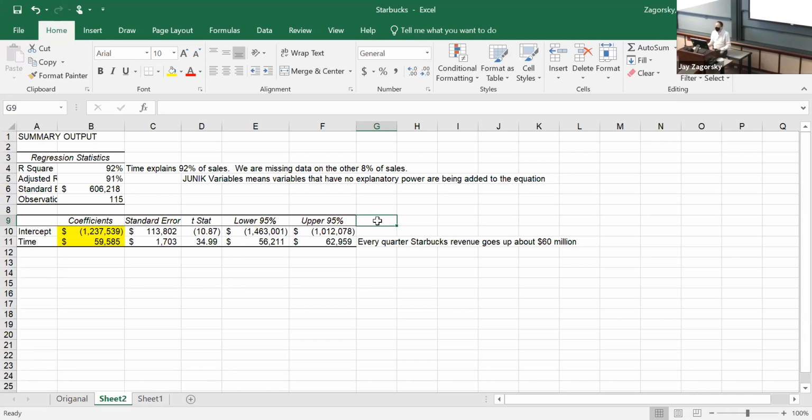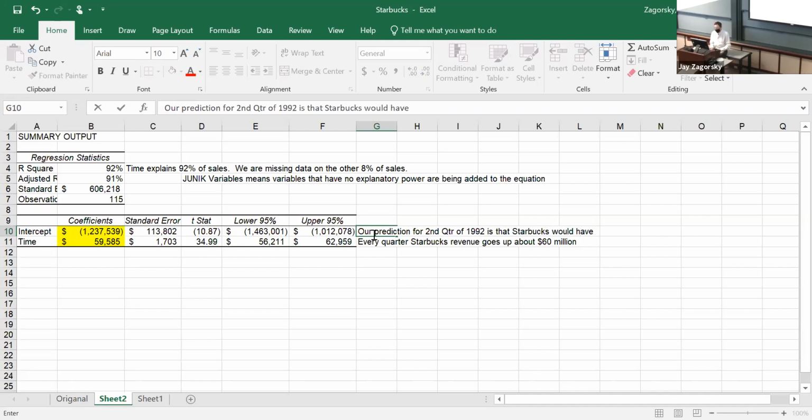So back in 1992, our prediction for the second quarter of 1992 is that Starbucks would have negative revenue. What does negative revenue for a store mean? It means people are returning things.